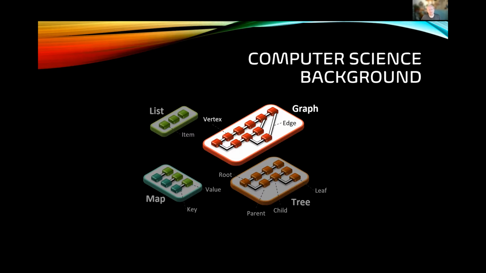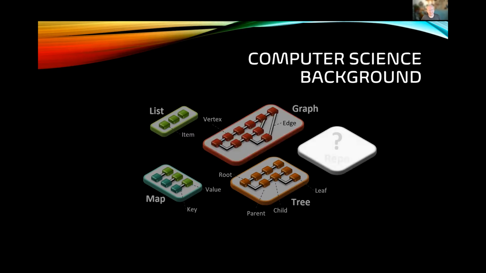These are the four fundamental data structures that we've really been using for many, many years in computer programming and data science. The interesting question for me has been, well, what is the next data structure to exist? And the rest of my talk really unpacks this idea. And I'd like to propose that the repo is that next data structure. I'd like to make the connection to why it's so valuable as a data structure, especially for the area of AI and explainability that this conference relates to.